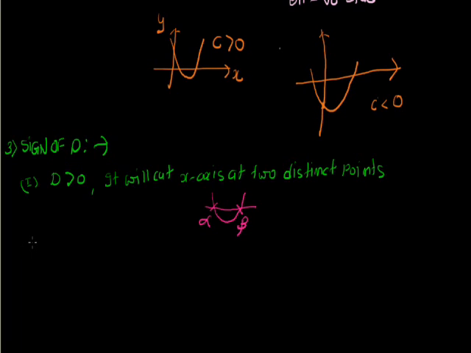If sign of d is equal to 0. So in the second case, we say if sign of d is less than 0. Sorry, we were discussing the situation if sign of d is equal to 0, or the value of d comes out to be 0. In this situation we are saying if d is equal to 0, then it will touch,